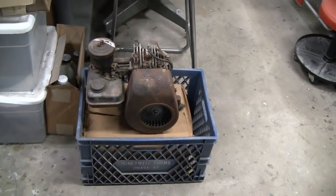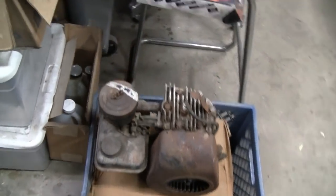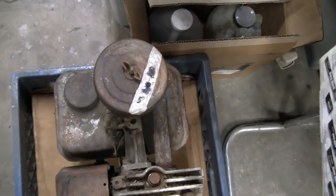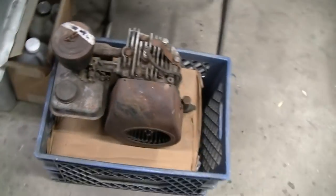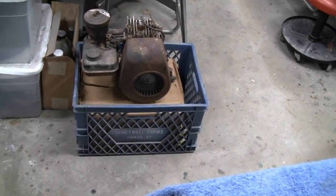This one on the top is a 5S. I didn't want that, but I walked past it, and by the time we got to it, the price was down to $5. I didn't even have to talk the guy down. So we picked that up, and then in the box down there, if I recall, that was a military engine,